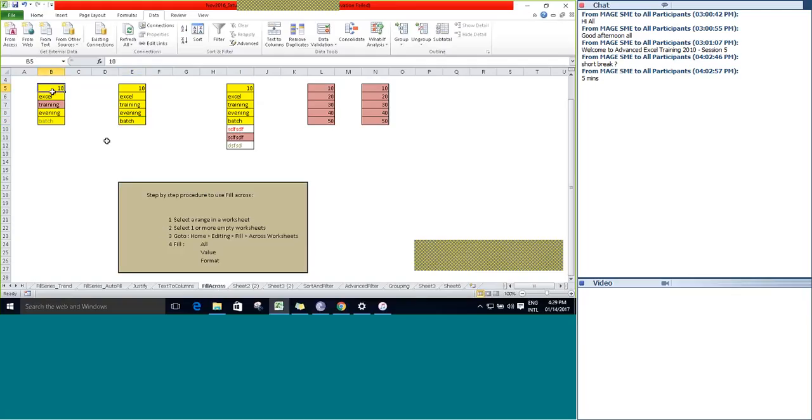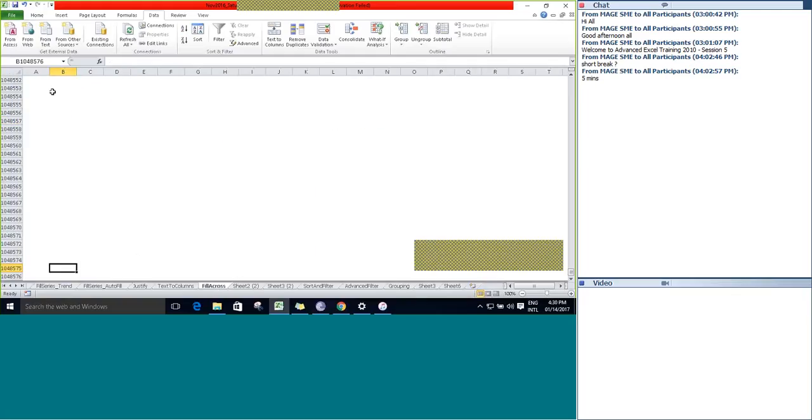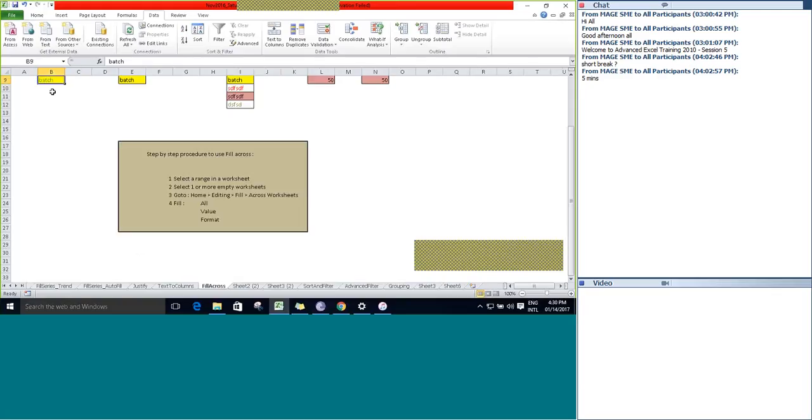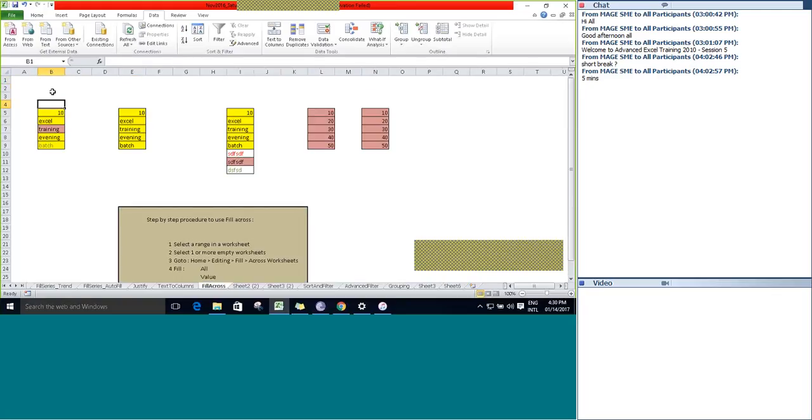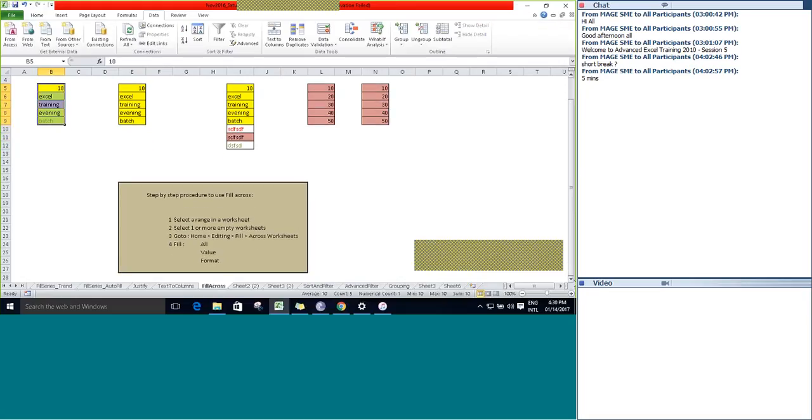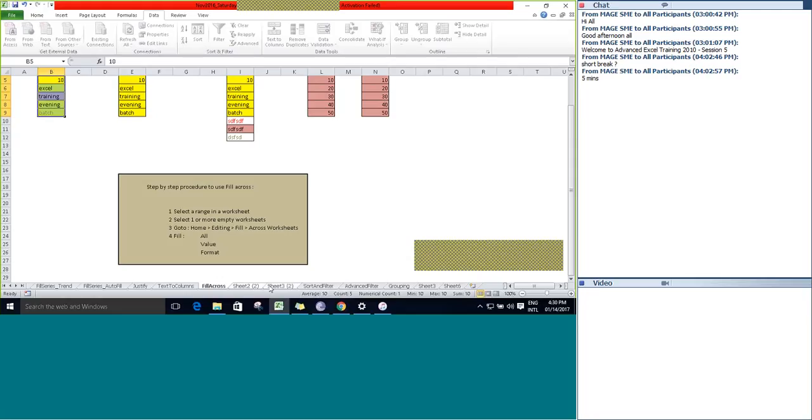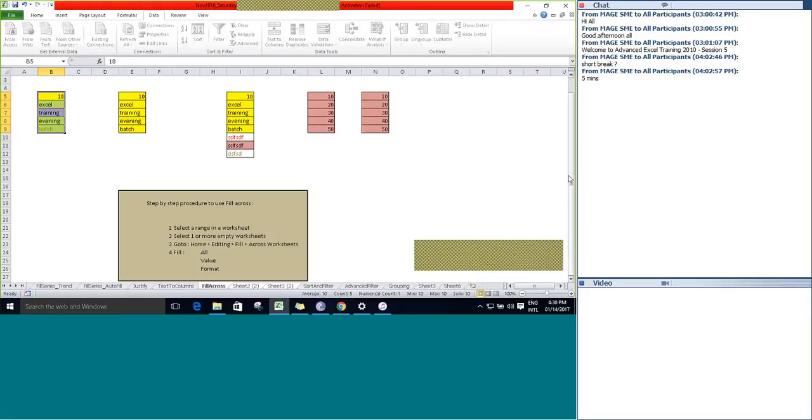First, select a range in a worksheet. We selected the range. The next step is to select one or more empty worksheets. Sheet 2 and Sheet 3 are the empty worksheets available now.